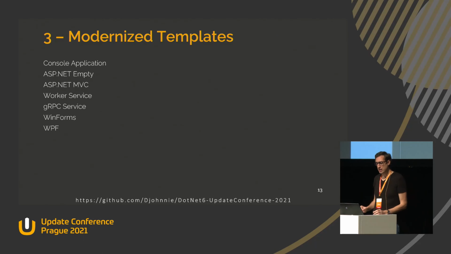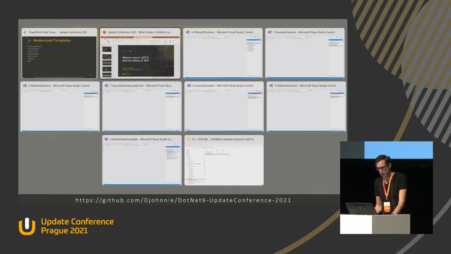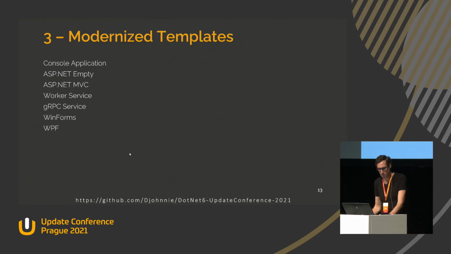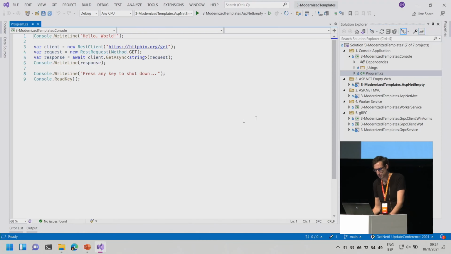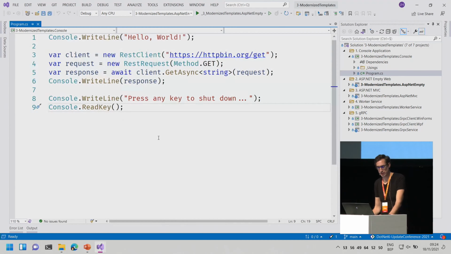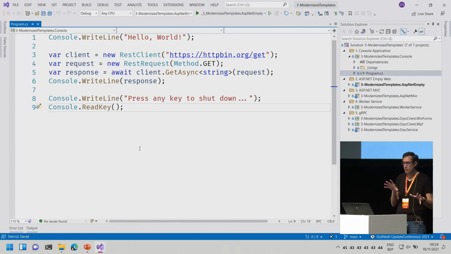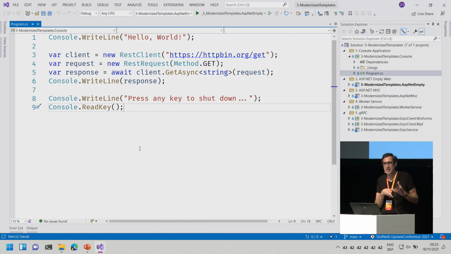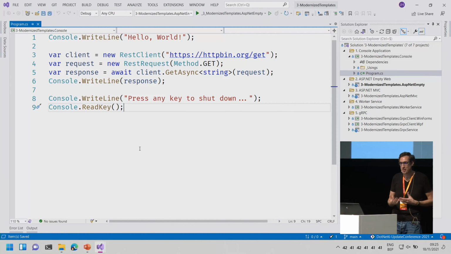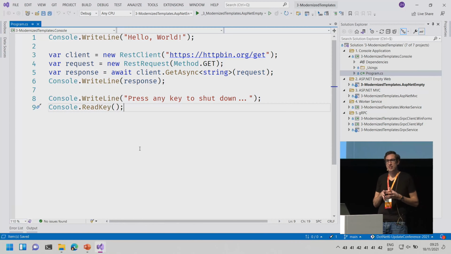And this is one of the biggest changes in .NET 6. So if I go to Visual Studio, it's the same in Visual Studio, and I create a console application, for example. This is what a console application looks like today. I am not sure if I'm a huge fan of that. I'm an old school developer. I like my namespaces, I like my classes, I like my methods. But basically, they stripped all of that out. The only thing you see is code. This is your main method, but your main method is not visible.